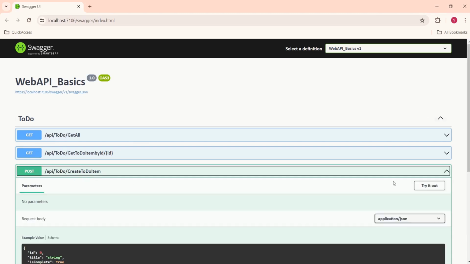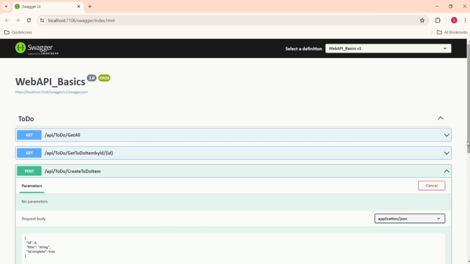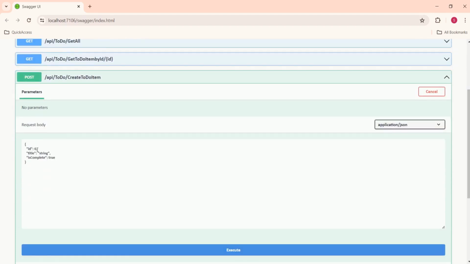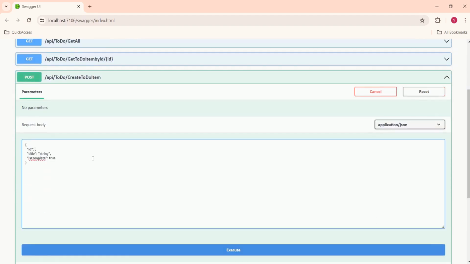Let's execute this method. Try it out. Now I'm going to pass these values as part of this request. This is an HTTP POST request. Let's click on execute.